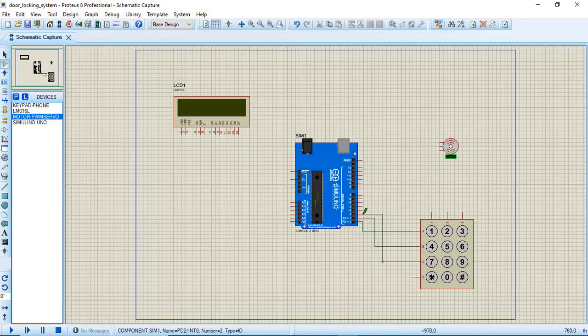Keypad goes to pin number 2, and I will connect it to 3. 1 will be connected to 4. Will be connected to 5. 3 will be connected to 6.